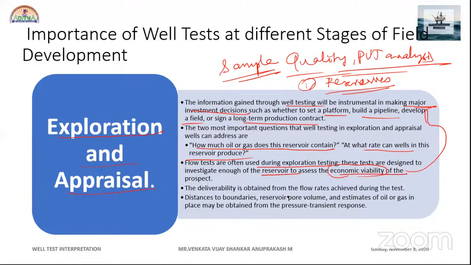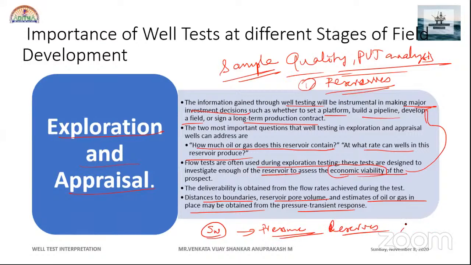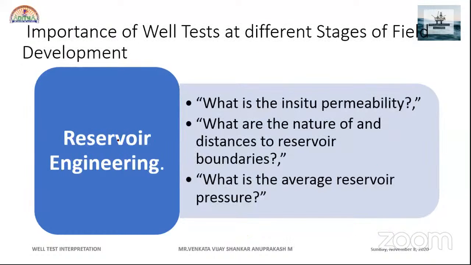Next. So the distance between the boundaries, reservoir pore volume, and estimation of oil and gas in place can be done from your pressure response, because we need information regarding the saturations or pressures to estimate the reserves, and formation volume factor is also required. What is Bo and what is Bg and what is the estimate. Next, coming to your reservoir engineering,